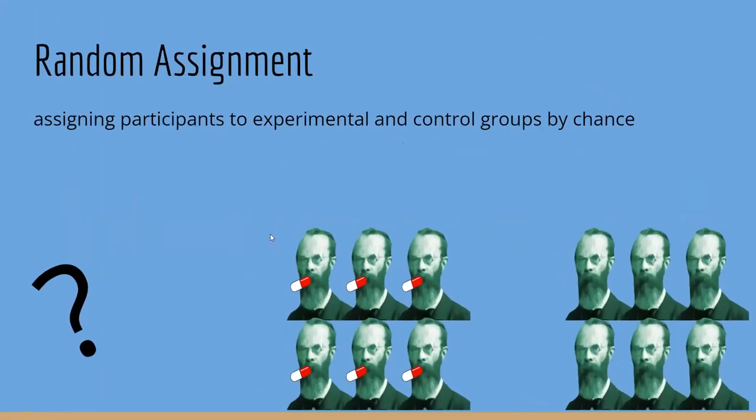Random assignment. This is a good thing to do. This is assigning participants to experimental and control groups by chance. So basically, you don't know which participants will have the pills and which won't. You don't know. And why is this good? Well,